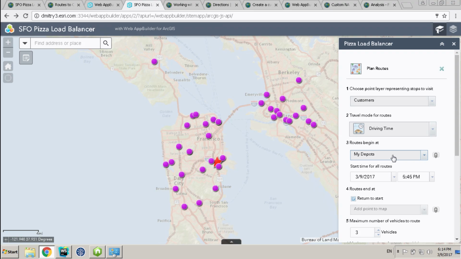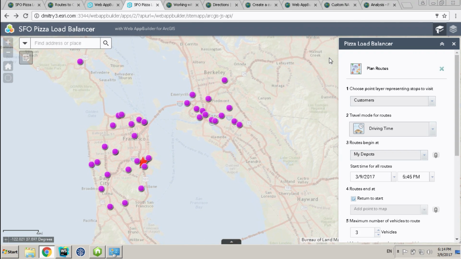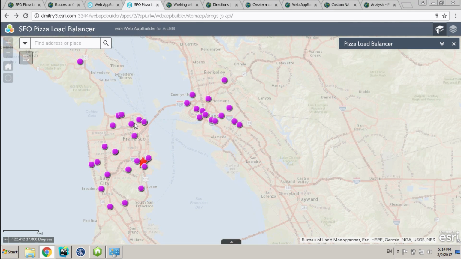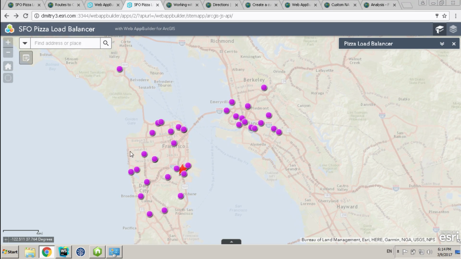Cool. So let me show you what it lets me do here. I'll collapse it for now. First of all, I see the same inputs here, which, as I mentioned before, are backed up by a feature service. So the content is dynamically updated every time, for example, the next round of route planning comes in. Also, I can now, using the editor widget, which is also part of the standard slew of Web AppBuilder widgets, easily add